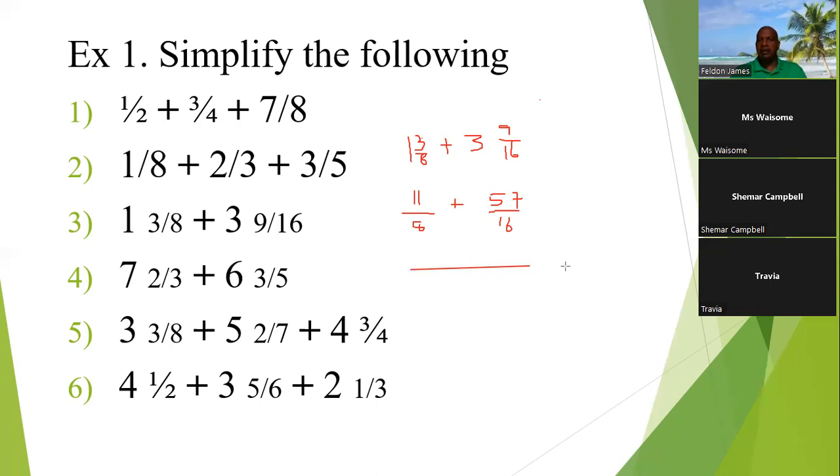Because to add 11, remember now, 11 is over 8. In order to be able to add that fraction, you have to convert that to a fraction with a number over 16. That's the reason for the LCM, right? So yes, sir. We find the LCM, which is 16, Miss Trivia. So to convert this 11 over 8 to a number which is something over 16, what we need to do,